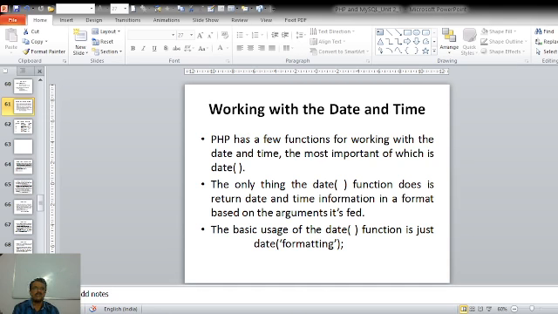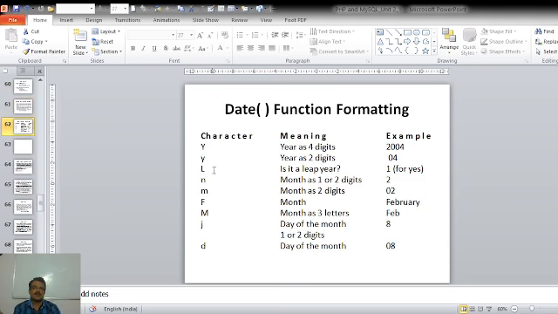The basic usage of the date function is just date and in brackets the formatting. There are so many formatting parameters available. Some of them I have mentioned here. We use different characters which have different meanings.